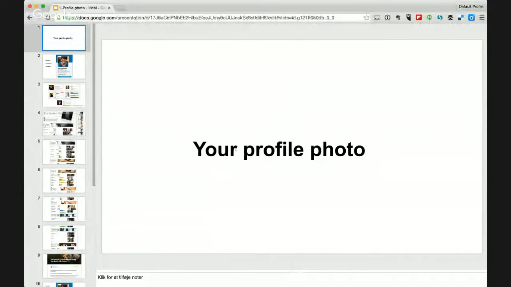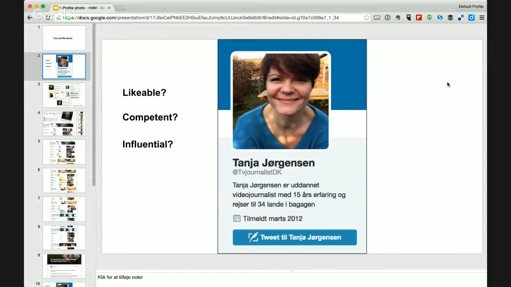So your profile photo is really quite important. The first one I'm going to show you here is a random photo of a Danish journalist. Her name is Tanya, and I don't actually know her. I just made a screenshot of her one day when I was looking at profile pictures of journalists. And I kind of liked this profile picture, and I wanted to ask you